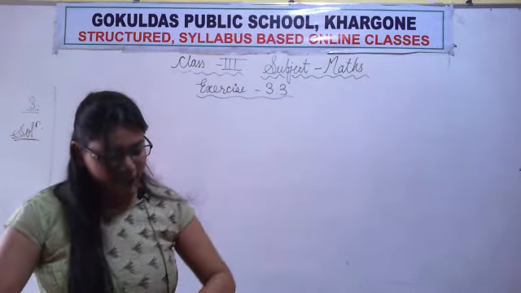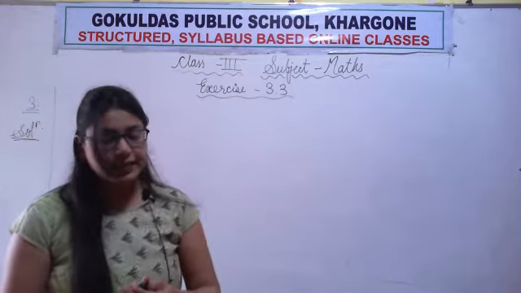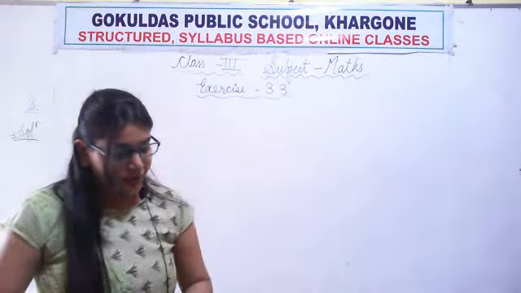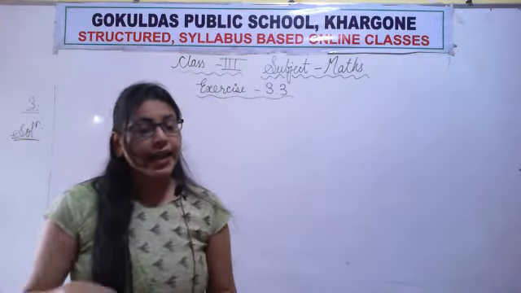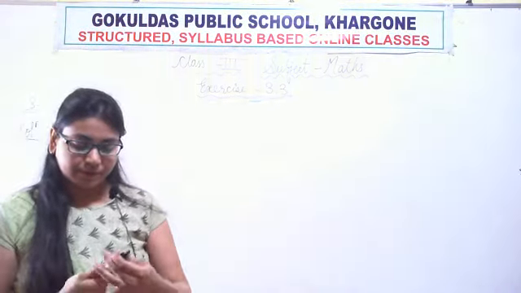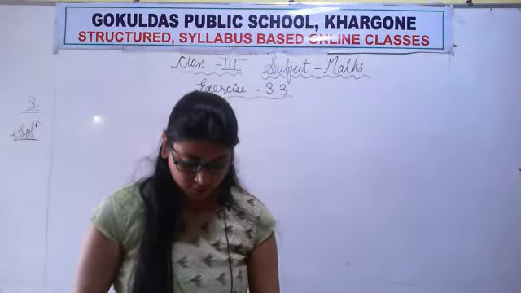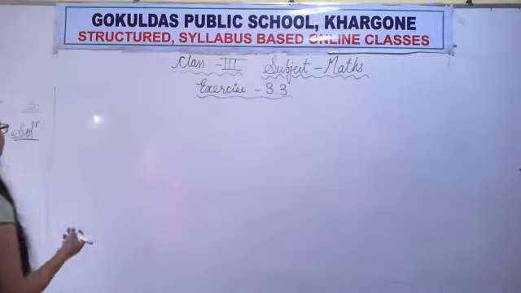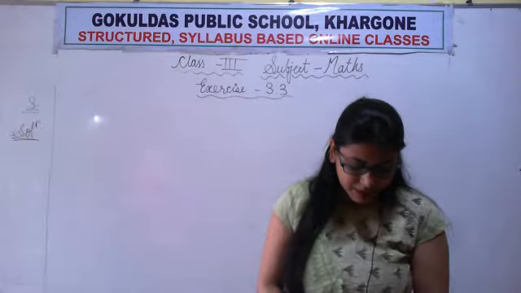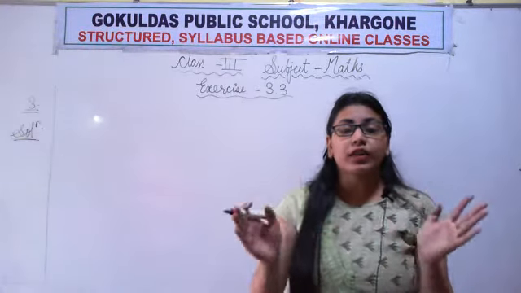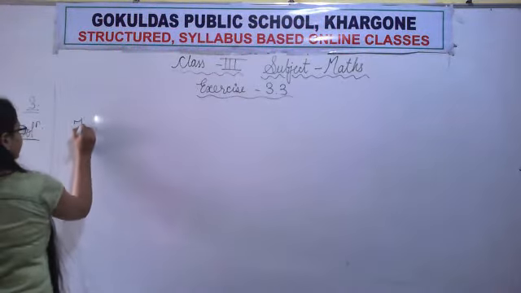There are totally 968 white and yellow sheets in a bundle. If 492 are white sheets, how many are yellow sheets? So I hope you all had noted down the question. Now we will write about the given information. What is the given information? The first information given is total number of sheets. So let's write total sheets.